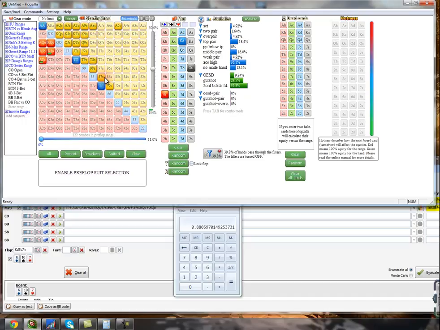8-7 also has the backdoor flush draw, backdoor straight draw, but it has 2 outs to trips, which are going to be fantastic, and then 3 outs to 2 pair, which is going to be very, very strong. So it's possible these ace 9 and ace 8 should be folded, and then we raise something like 8-7 suited instead. That's something I'm trying to incorporate into my game a little bit more, which is just raising hands that would also make good calls,